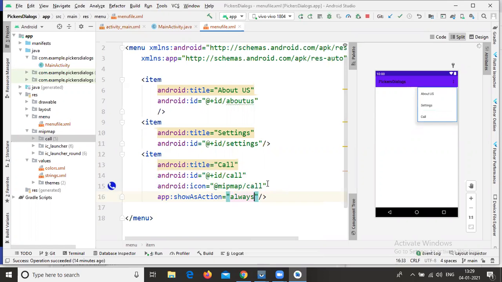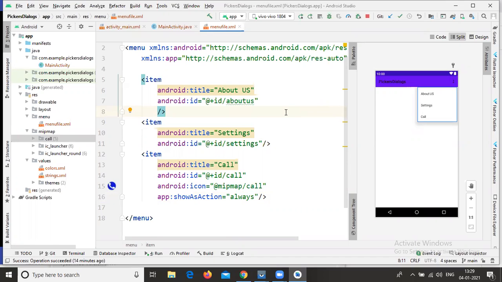Select always. If you select the always property, this particular call icon is permanently available in your app bar. So app:showAsAction is always, that means it is permanently available in our app bar.